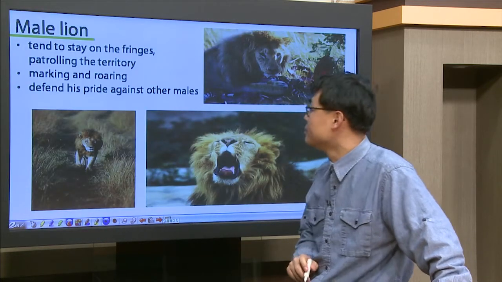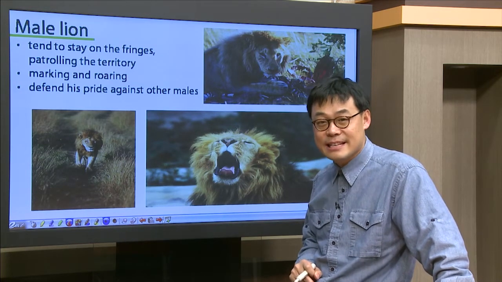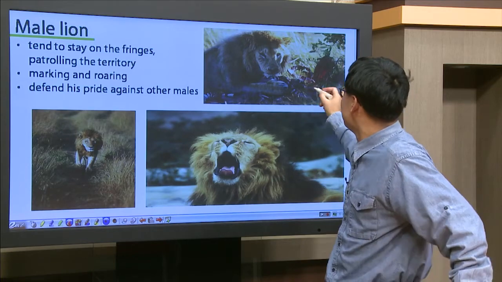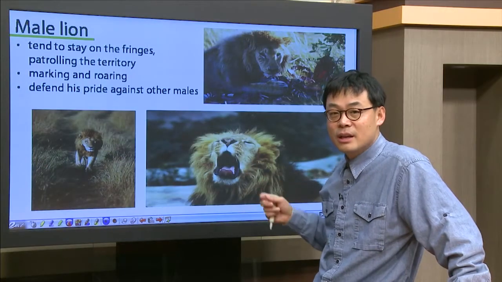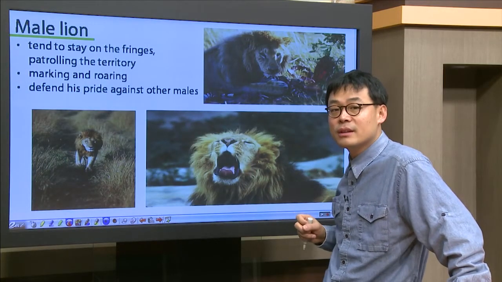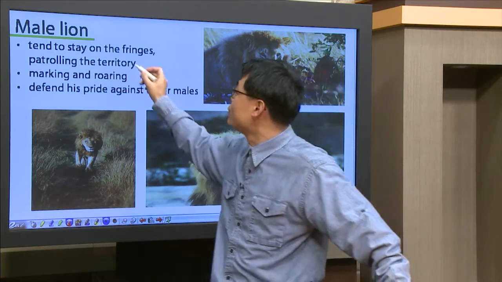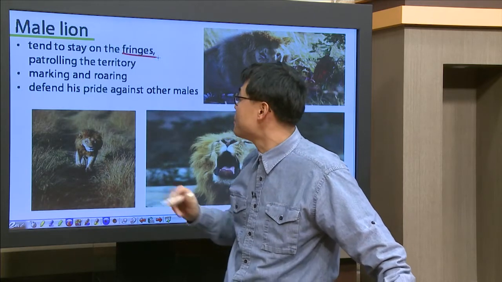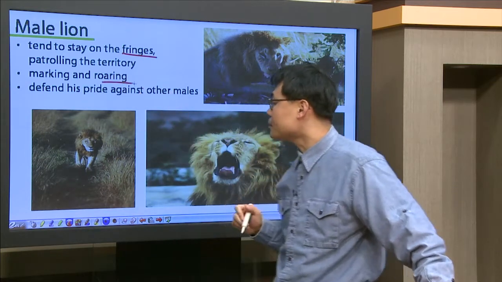But if you look at the behavior of male lions, they seem to be really lazy. Here's a zebra, usually hunted by the female lions. Then the male lions, who are usually big, go out and eat first, even though the lionesses hunted down this zebra. They tend to stay on the fringes of the territory, patrolling their territory, doing the markings and roaring. But